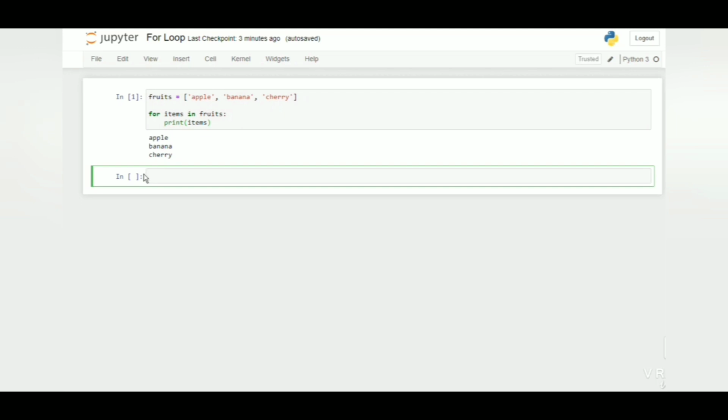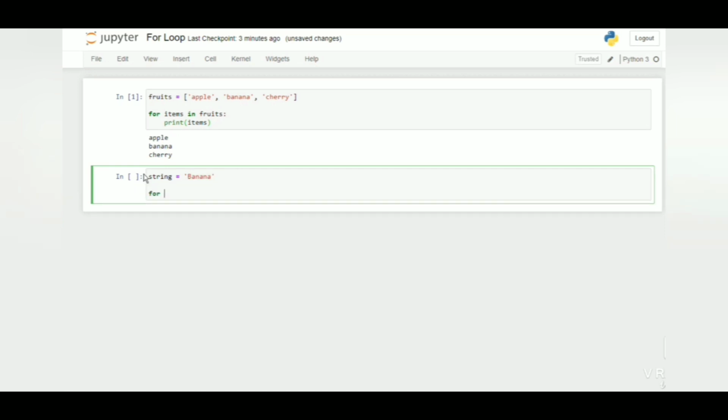As I told you, we can iterate over any sequence. A sequence can be a string. So I would say string is equal to banana. And I would say for char in string, I will print all the characters.